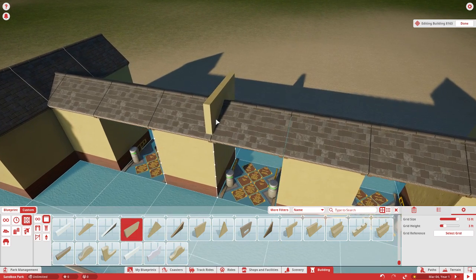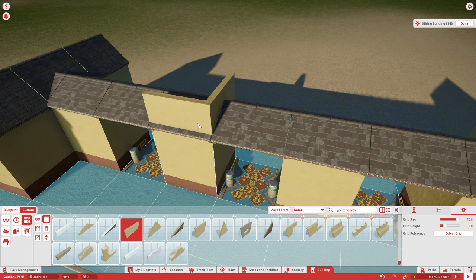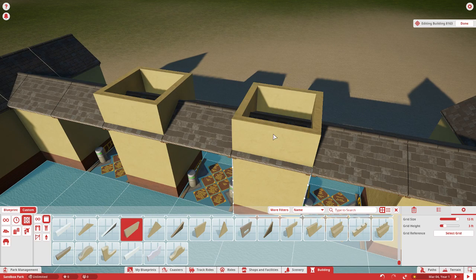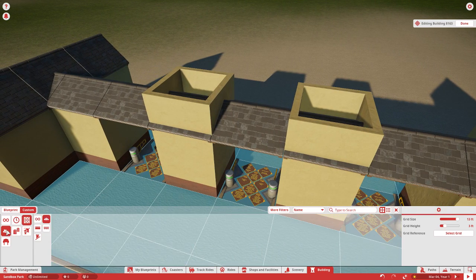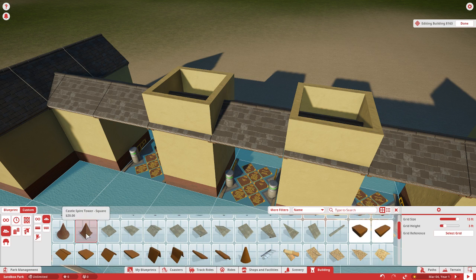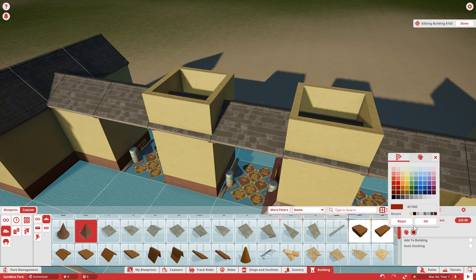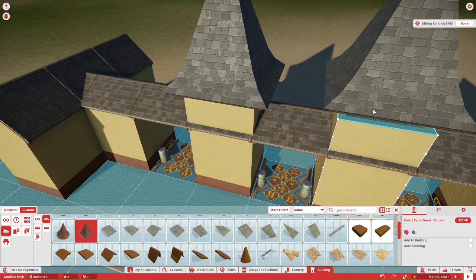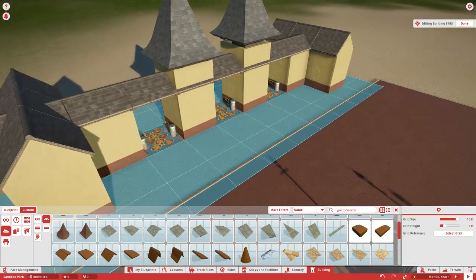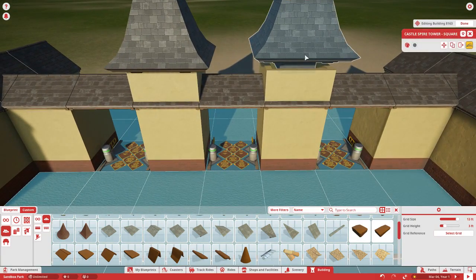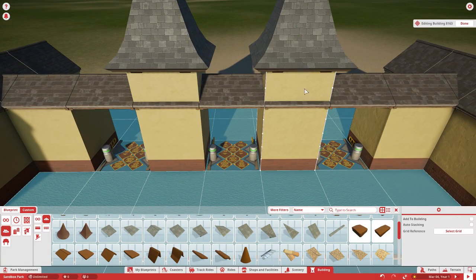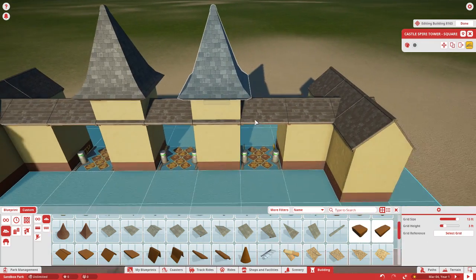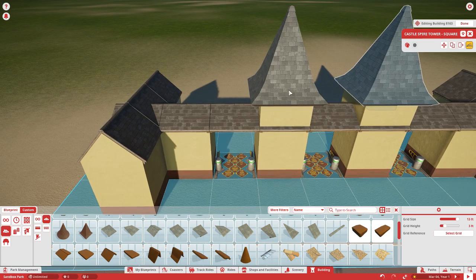One of which is usually the two middle pieces, maybe make a small little thing like this, and then we can get into possibly some spire pieces. And I'll usually change this color to try and match what we have. Kind of something like that. It always adds on a little bit of details as well. And it might not be a bad idea to make even